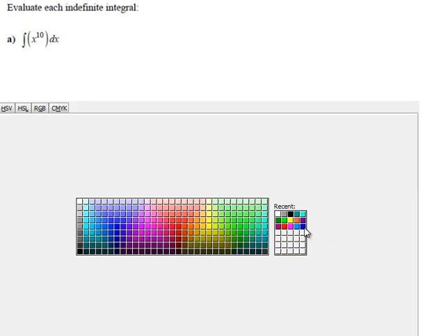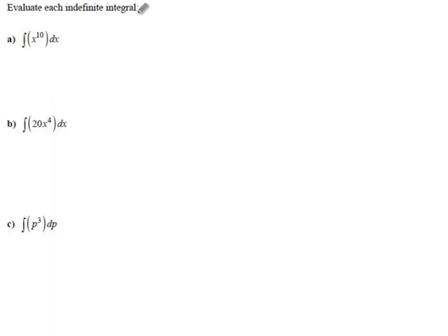Okay, more indefinite integrals. They've made the powers a little hairier here, but we have a system, so we should be all right. They start off with x to the 10th. So we have x to the 10. You notice these always contain a dx, or they always should, and I always kind of ignore it when I'm